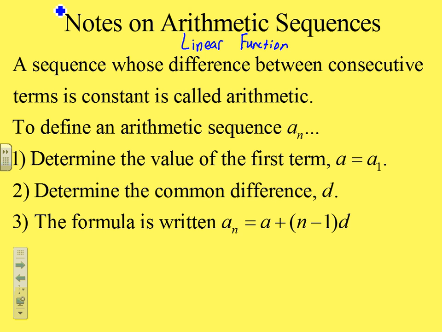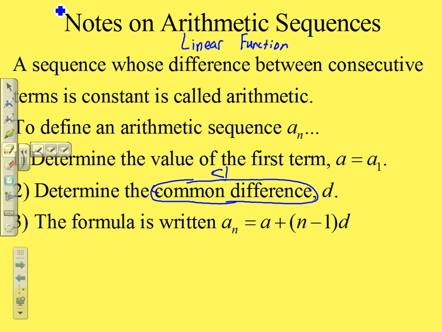An arithmetic sequence is just a linear function when everything boils down to it. Now, the reason why we can identify a sequence as a linear function is this right here, the common difference. The common difference is really the same thing as,